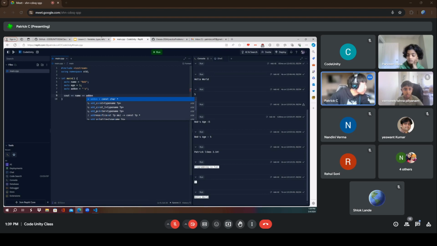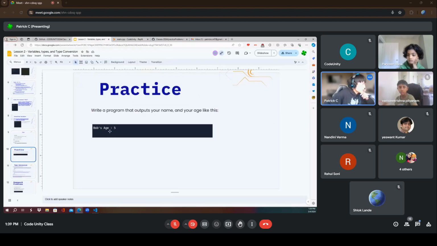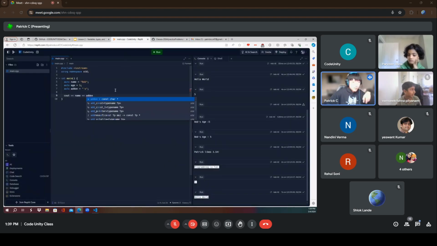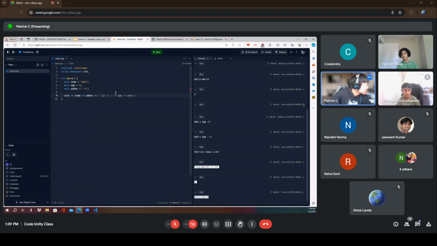So you want to have the age, space, this, space, this. I recommend you space, then age, space, this, and then space. This will match up pretty much with what is given here.